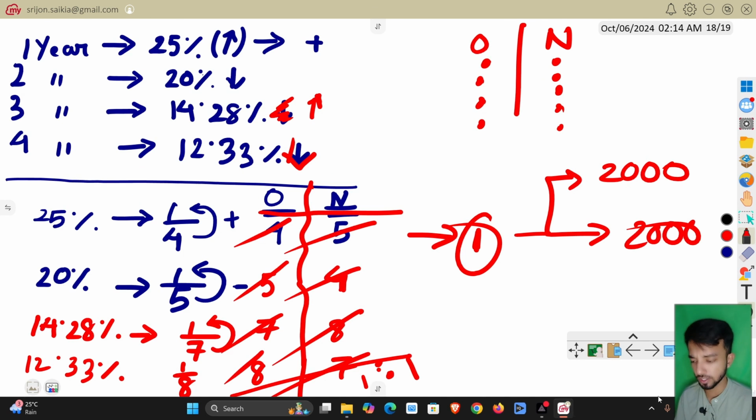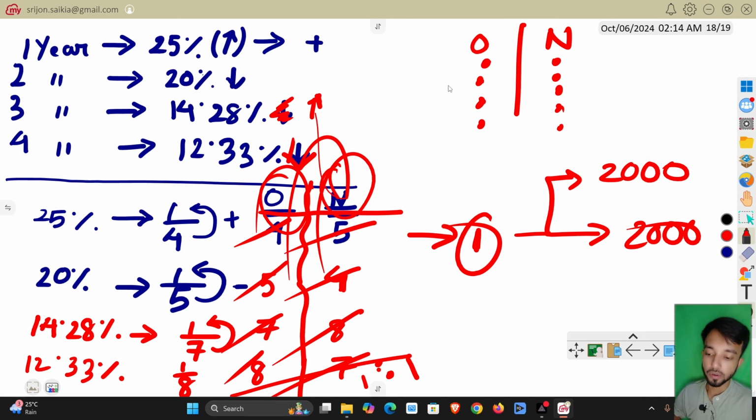What we need to do is find the ratios using the fraction method that we discussed. Then we need to find the original number and the new number. We multiply the original numbers and then multiply the new numbers, and find the ratio. If there is cancellation on both sides, then it's very easy. After cancelling, we get the ratio. With the ratio, we will determine the value that has been asked in the question.